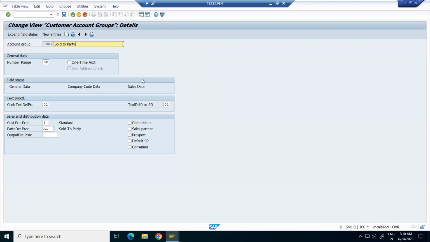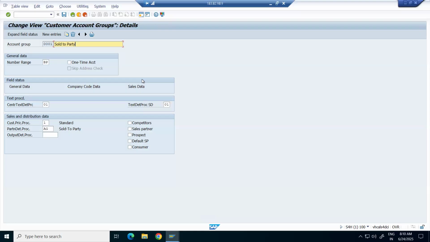Not even dummy, don't mention dummy, it will be used for one-time customers. If you check one-time account, then the system will ask for name and address while